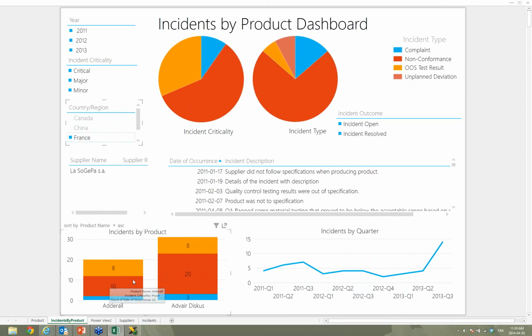I can also see the various different products here. So this particular supplier, La Sogepa, is providing me with two different products. And I can see the number of incidents by product. And I can see here that I've got 3 critical, 20 major, and 8 minor for this particular product, so